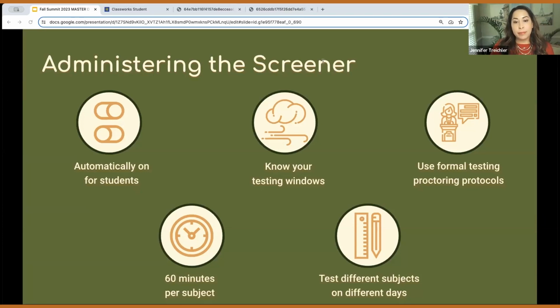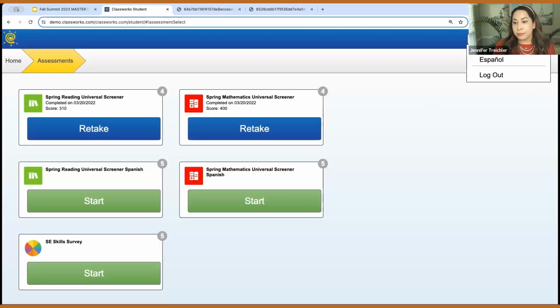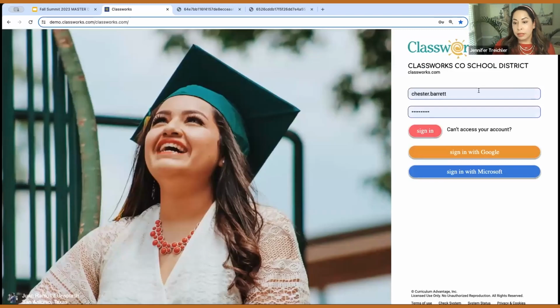And the final thing I want to mention about administering the screener is about grade level override. So what if you have a student who is a 6th grader, but you know on most domains, their present level is 3rd grade, or you administered the screener at a student's grade level and they are just truly struggling to complete it? You do have the option to change the grade level of the screener for the student. So let's look at how you do that, and I can show you those other couple of things that I promised to show you. So let me log back in